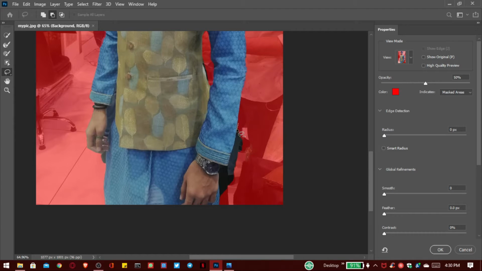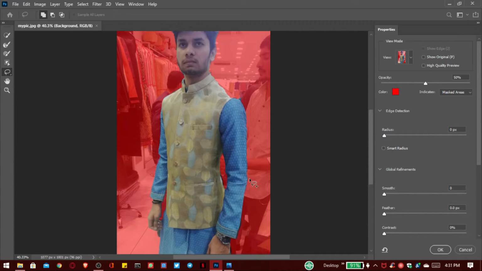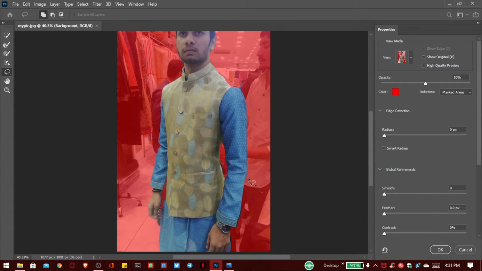Now for this, now for this part, you can also zoom in more for your comfort. Now here you can see the unnecessary part of our image is gone perfectly.